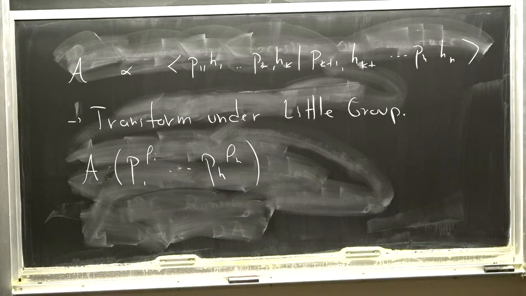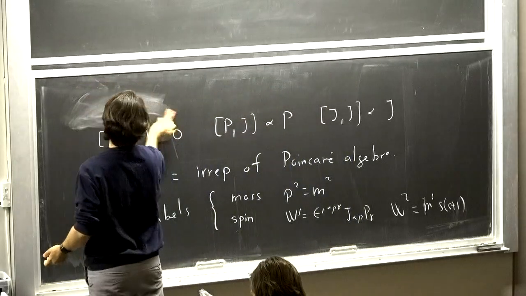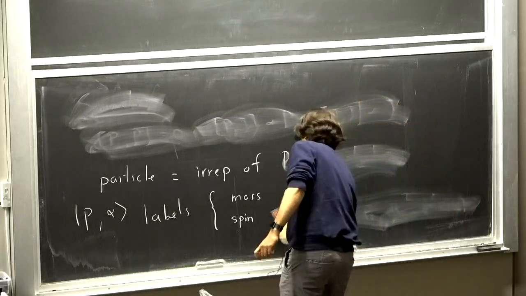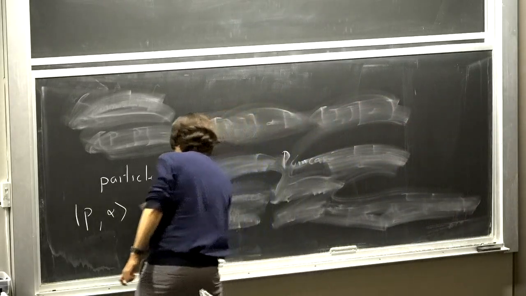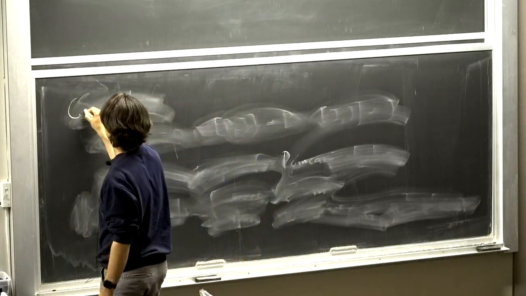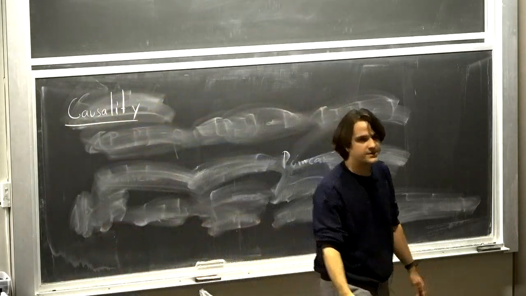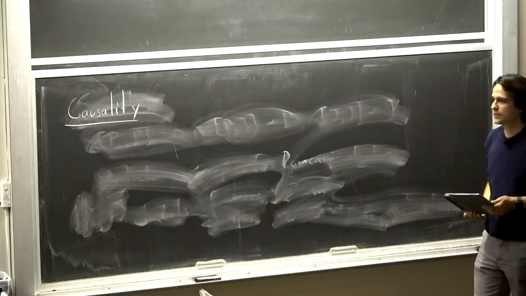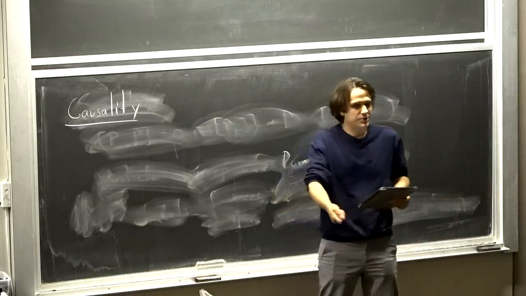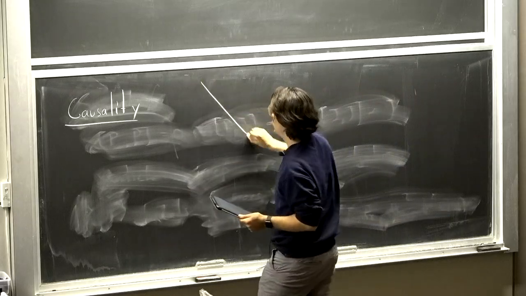Okay, let's move on to the second principle. So actually, I'm not following the order in which I wrote them. Okay, the second one is causality. So we said causality is the fact that causal measurements make sense, that the response to some action that you make on a system has to come after, right? And in a relativistic theory, we can think of just a light cone.